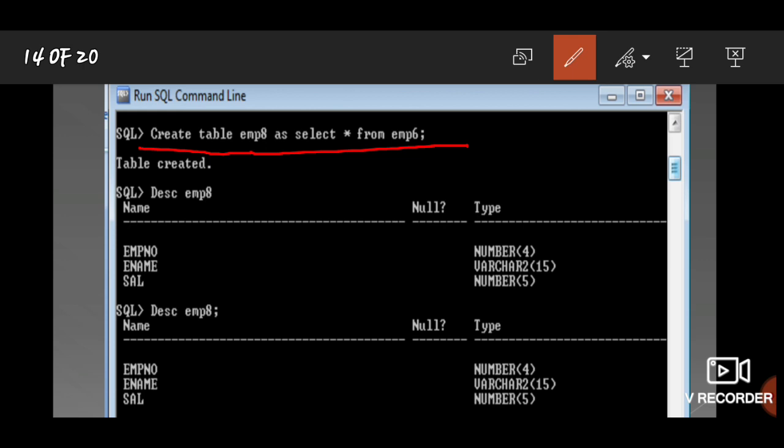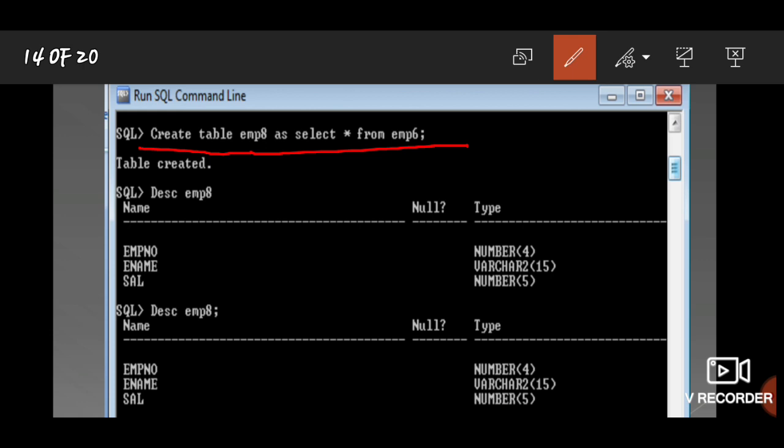Already we had created the employee 6 table, so there is no use of writing the syntax again, like employee number 4, and after that employee name varchar 10 or something like 2 of 15, and after that what I had written in the previous syntax, like salary number 5.